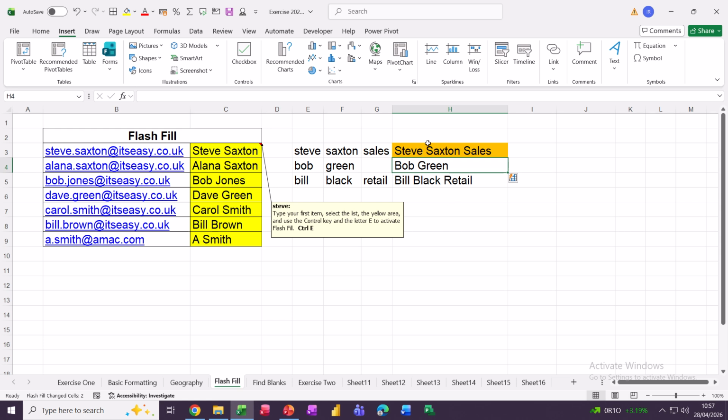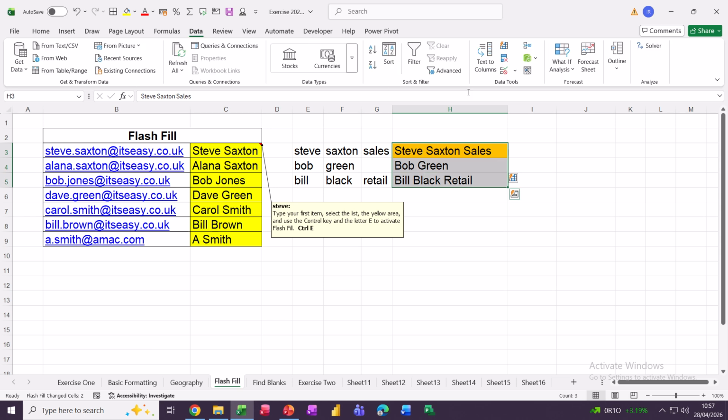Now if you want it the other way around, so let's say somebody sent you a spreadsheet or you've output from a non-Microsoft source and everything's in the same cell and you want to split it off, this time you need to go, we'll highlight it first, go up to the data tab, over to where it says data tools, and there's flash fill up there, look, which has been around since 2007, so it's not a new feature. But this feature, text to columns, if you click on that,